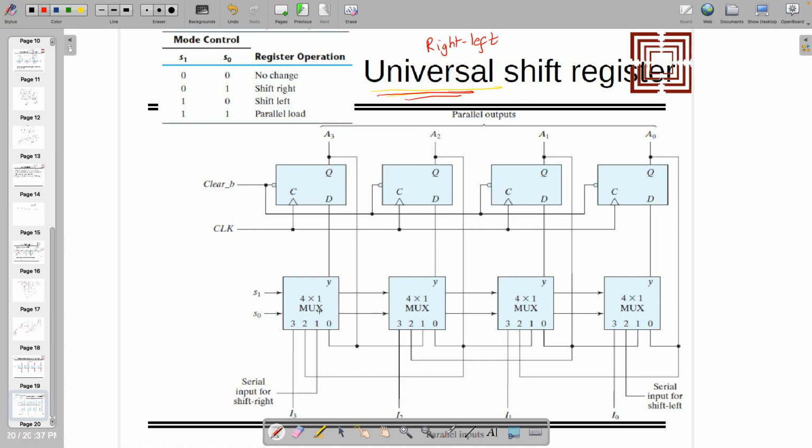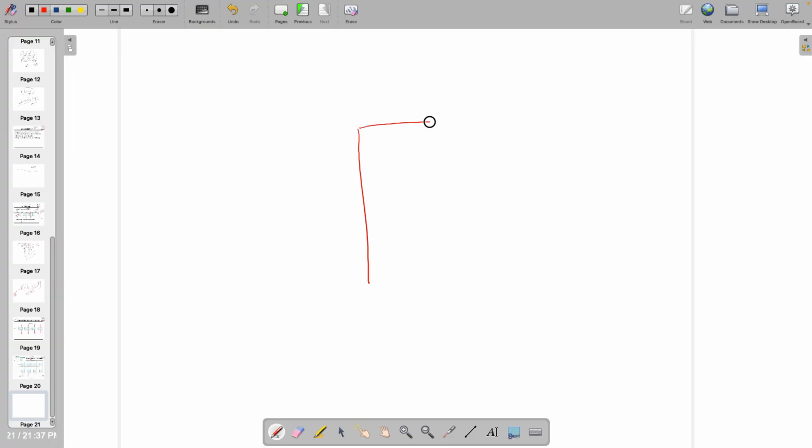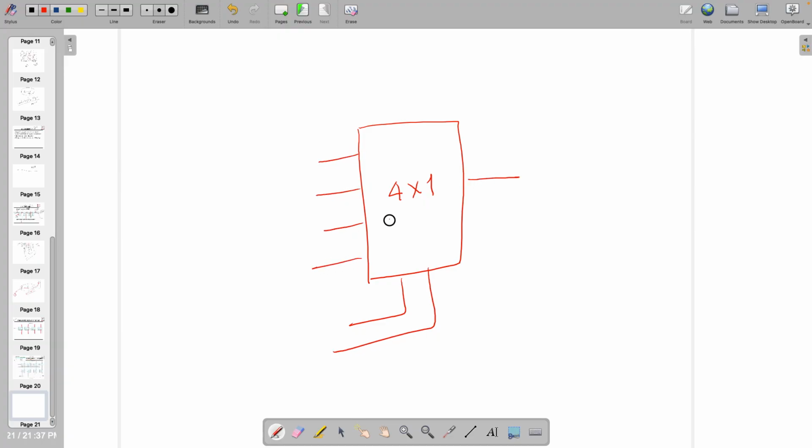Four bit input, 1 output, and 2 selection lines, since 2 raised to n inputs need n selection lines. Then how does it work? If 0 0 is fed to the selection line, what will happen to the output? Okay, so do not forget this ever. This 4x1 mux is actually a universal gate kind of thing. It is used everywhere. So do not forget that.